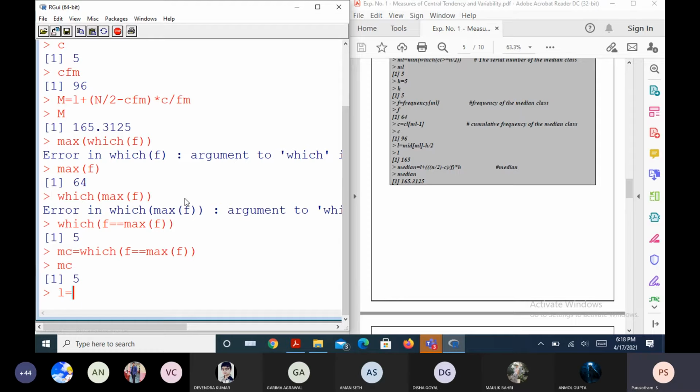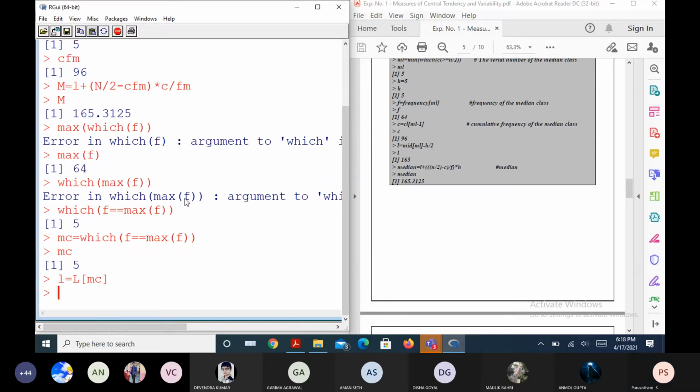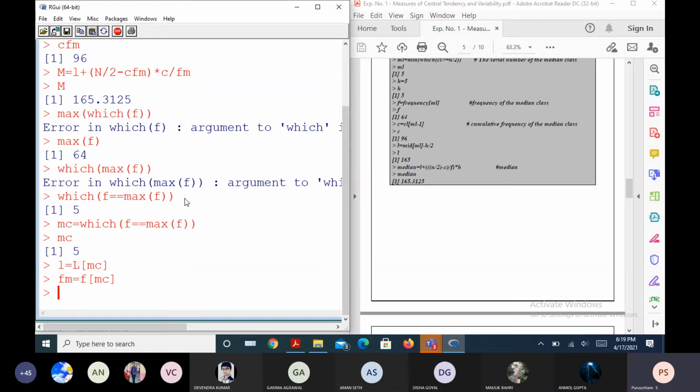L is the lower limit of the model class. Then we want the frequency of the model class, FM, the frequency of MC. We want the frequency that precedes the model class, that is F0. How do we get F0 from this now?